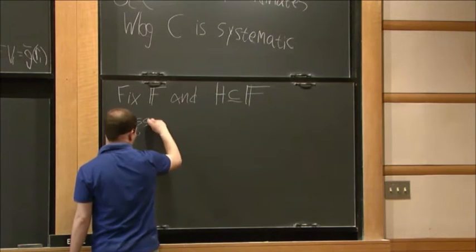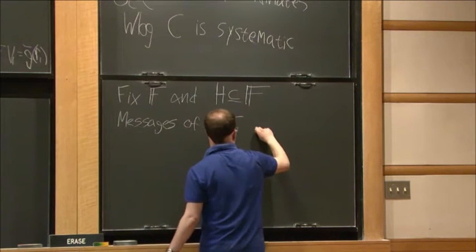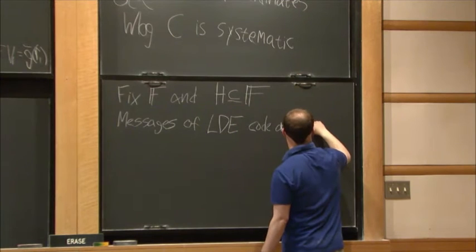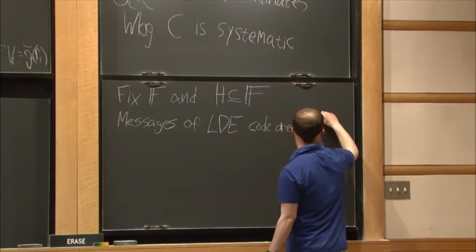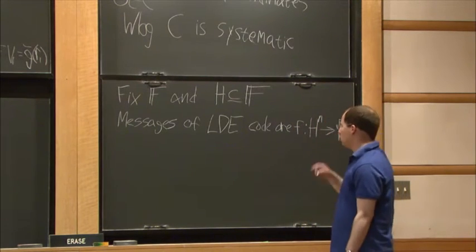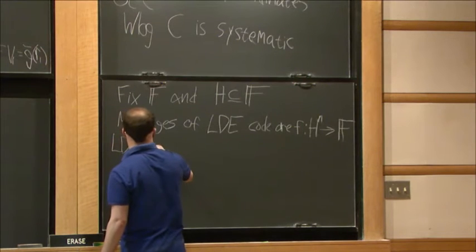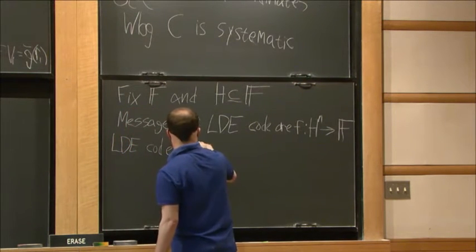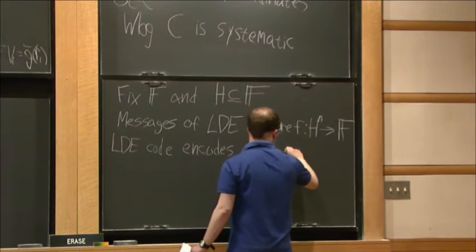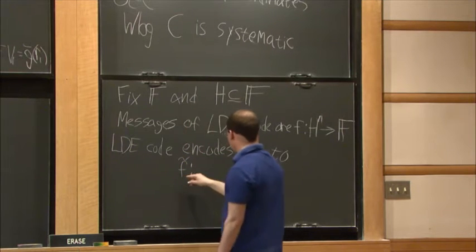Messages of the LDE code, low degree extension code, are viewed as functions f from H to the n to f, and the LDE code encodes f to f tilde, what's called the low degree extension of f,